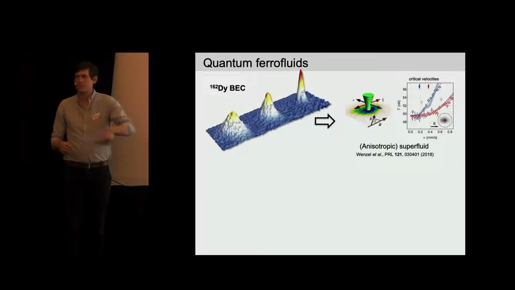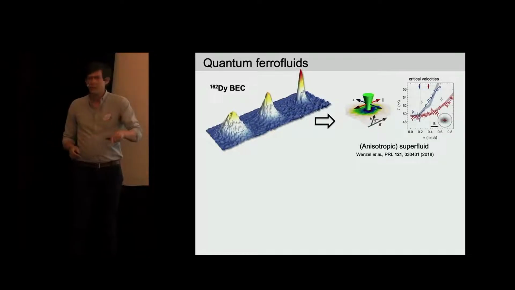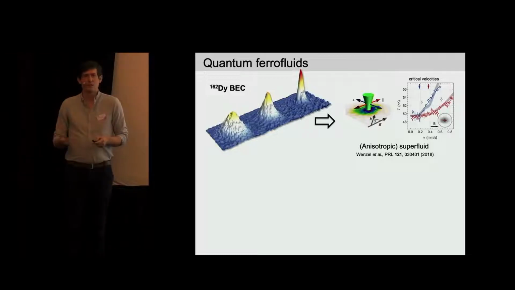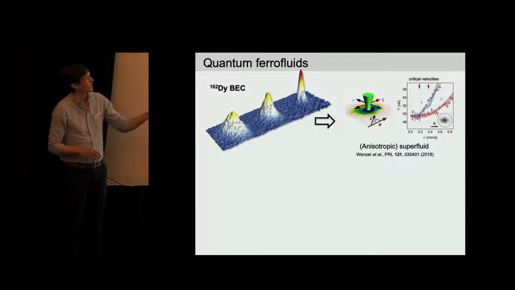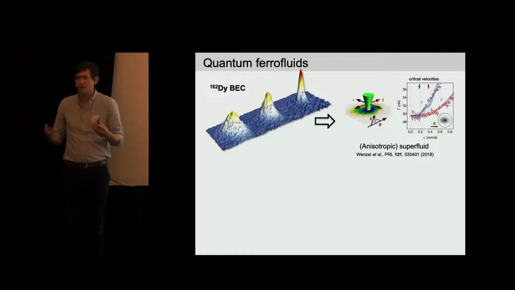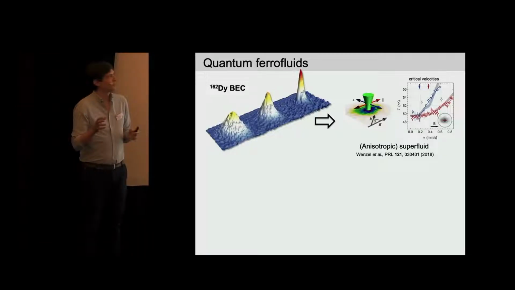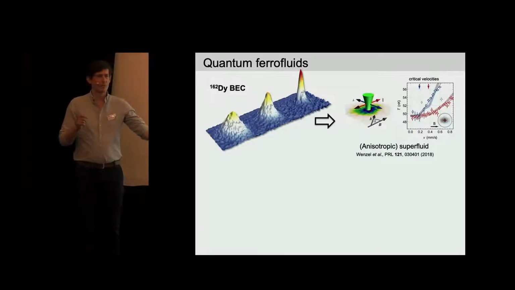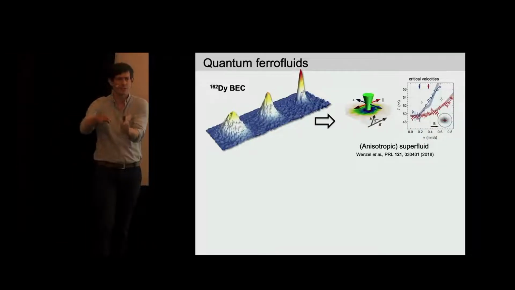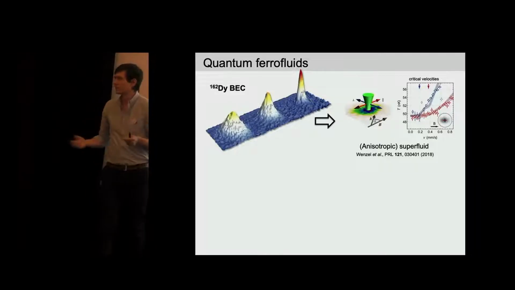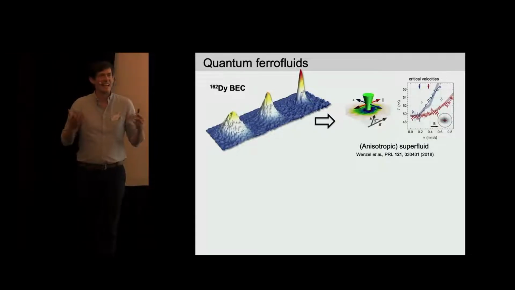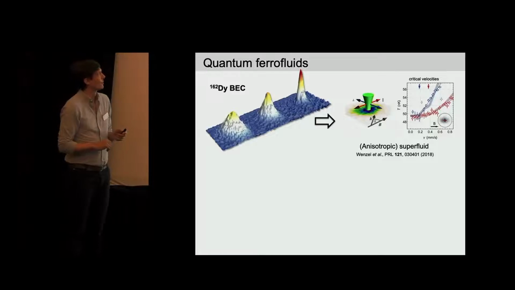You can take a laser beam and steer it through your BEC, and then you measure the Landau critical velocity of this system. And it shows you, perhaps not too surprisingly, because it's a BEC, that this is also a superfluid. It's a bit of a weird superfluid because now you have these dipoles that can point in different directions, and whether you polarize them along the direction where your laser is steering or perpendicular to it, you will get different critical velocities. So it's sort of an anisotropic superfluid, but a superfluid nonetheless.